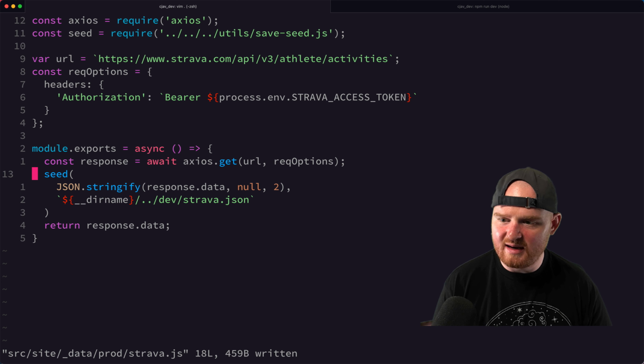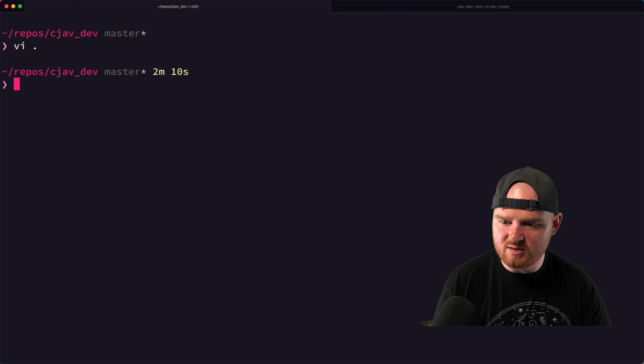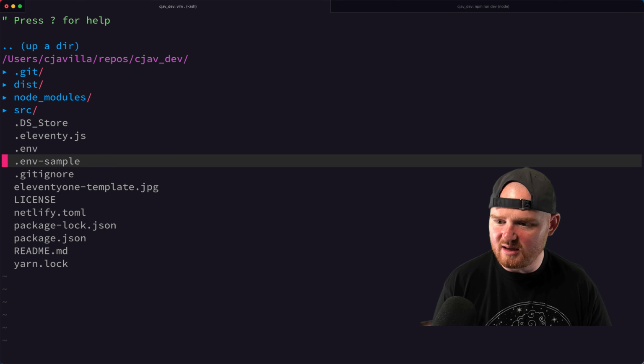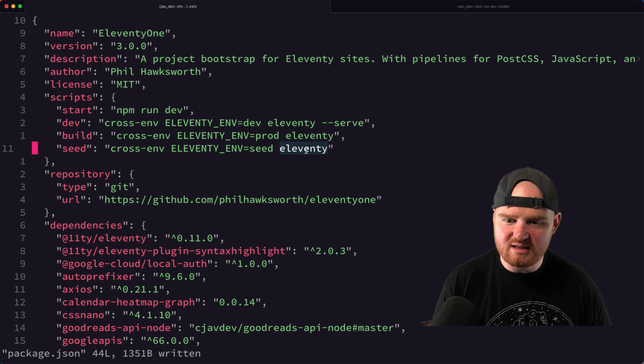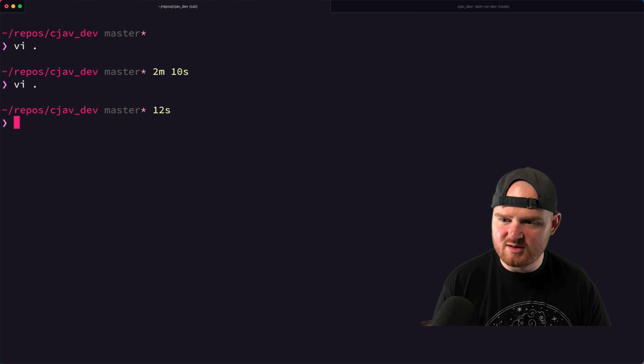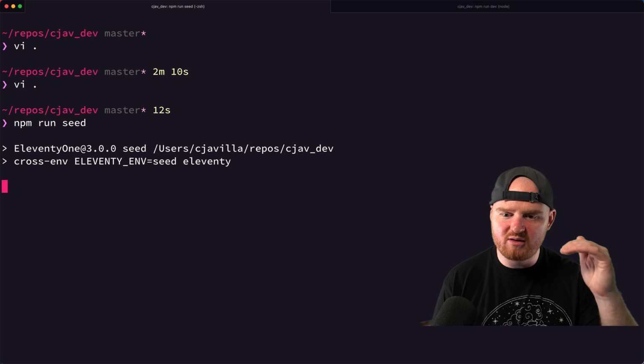So now, in order to run this, I think there was a tool that came with this whole thing. Let's see, in package.json, the scripts. Oh, here we go, seed. So cross-env in seed, and then it's going to run 11ty. So hopefully that will run our thing. Let's see, so npm run seed. This should actually seed all of the different